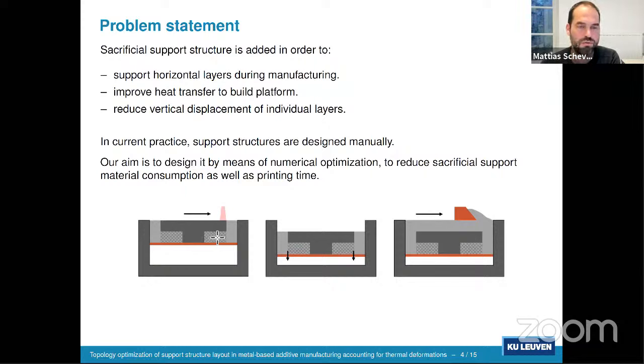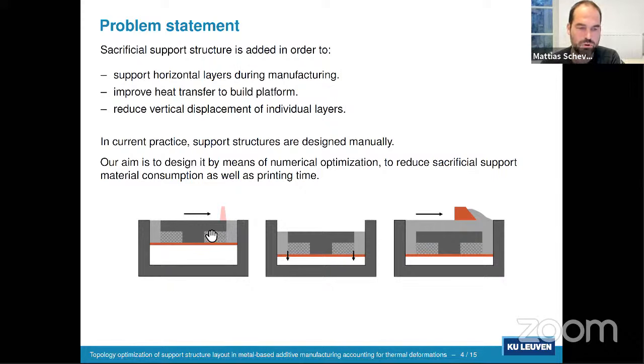Second reason is to improve heat transfer to the build platform, as they represent ways of high thermal conduction towards the build platform. And then finally, they also connect the part to the build platform and will reduce or restrain these vertical displacements that can cause recoater collisions.